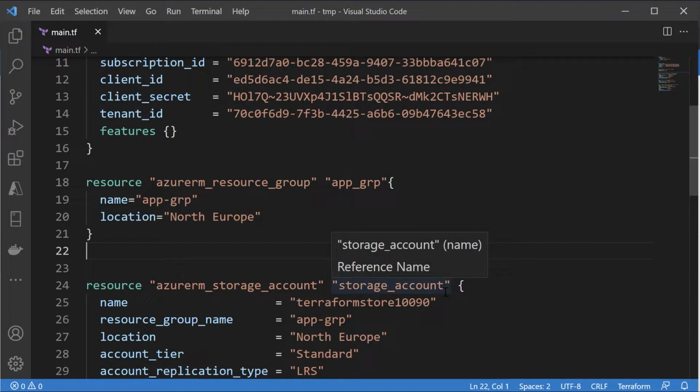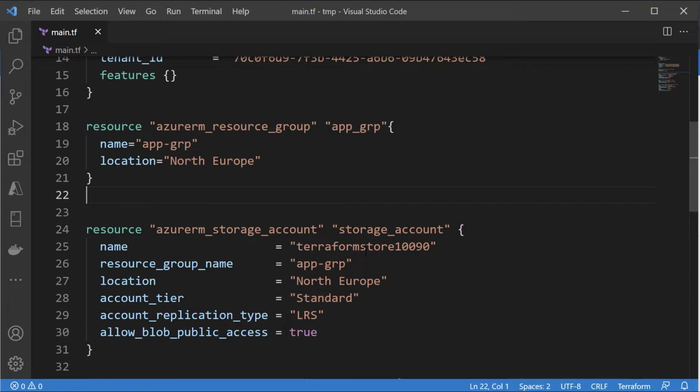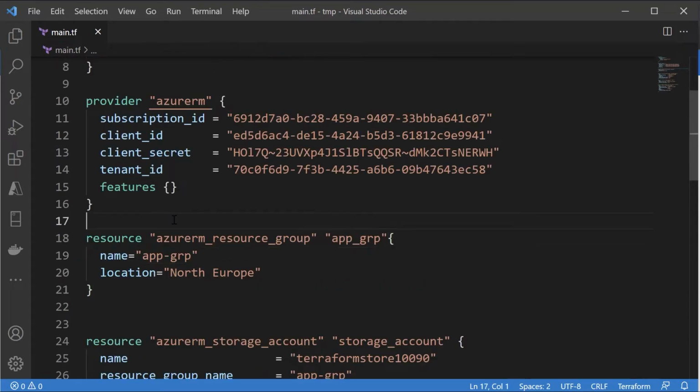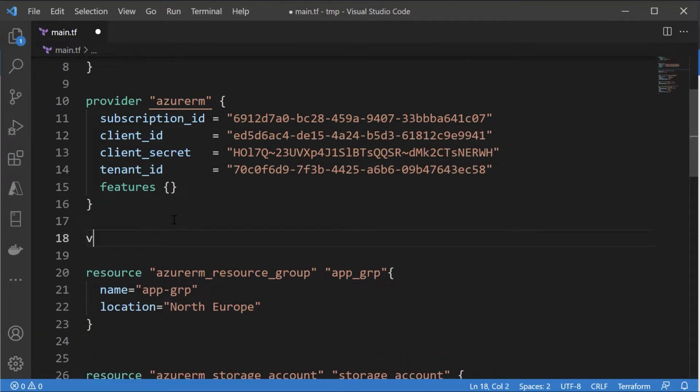I just want to go through variables that you can have when it comes onto your Terraform configuration file. So let's say during the deployment of this configuration file, you want to ask the user to enter the name of the storage account. So currently we are hard coding the name of the storage account. Here what you can do is, let's go right on top just before the resources block, and